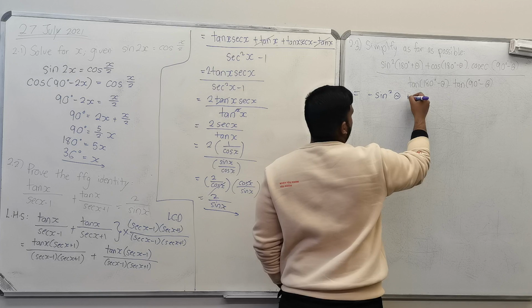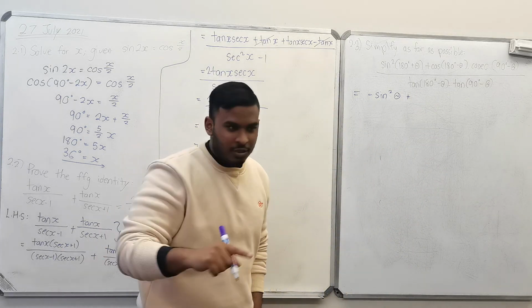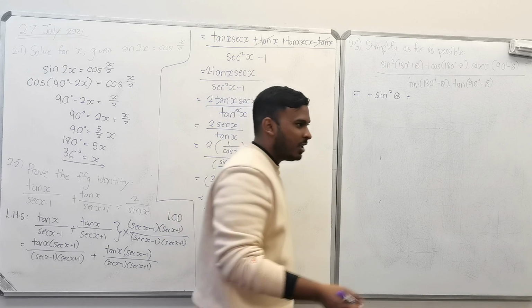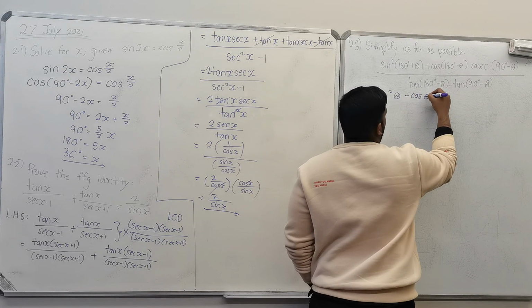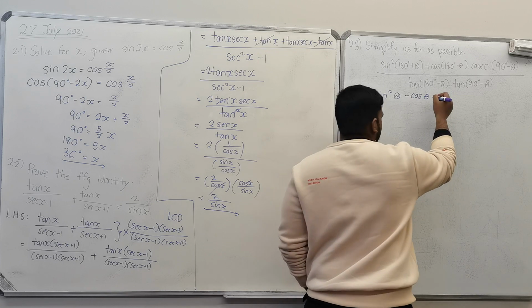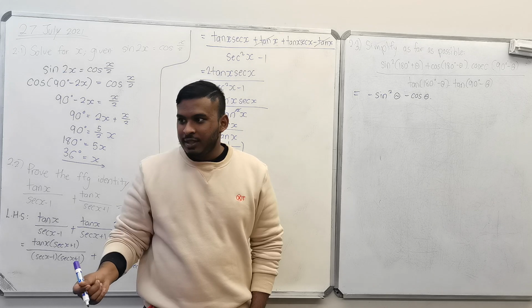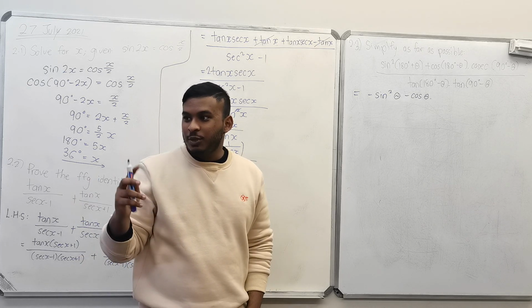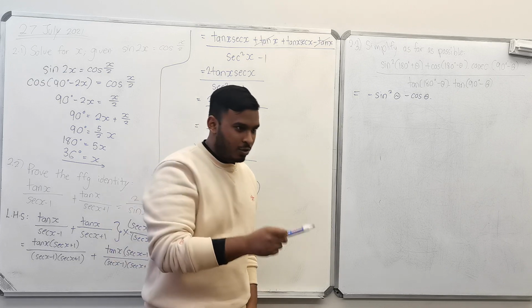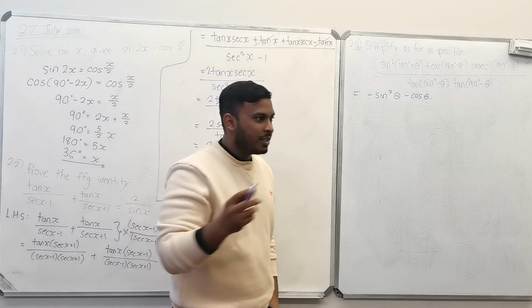Plus, 180 minus is which quadrant? Second. Cos is positive or negative in the second? Negative. So this will become negative cos of the angle times cosec 90 minus. With 90s we use co-ratio, right? So what did it become? Sec of the angle